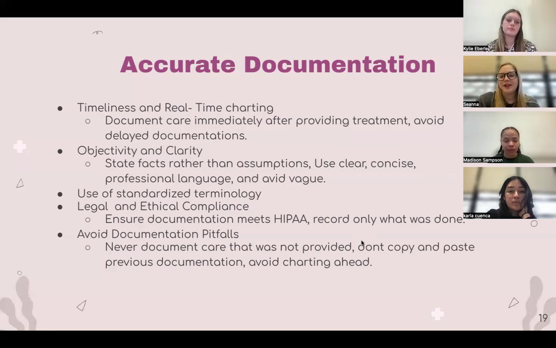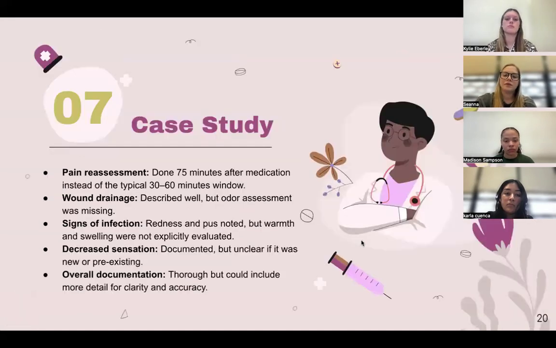Accurate documentation. Accurate and timely documentation is crucial in healthcare. It emphasizes real-time charting to avoid delays. Objectivity is key. State facts, not assumptions, and use clear professional language. Standardized terminology ensures consistency. Legal and ethical compliance must be maintained, ensuring HIPAA standards are met. Common documentation pitfalls include documenting care not provided, copying and pasting previous records, and charting ahead. These should be avoided. In this case,